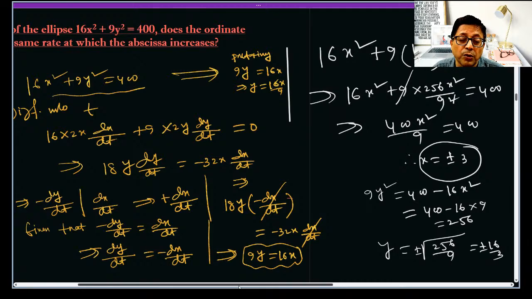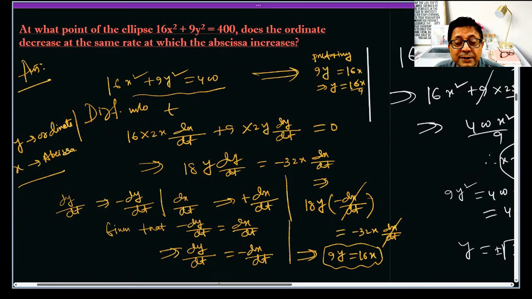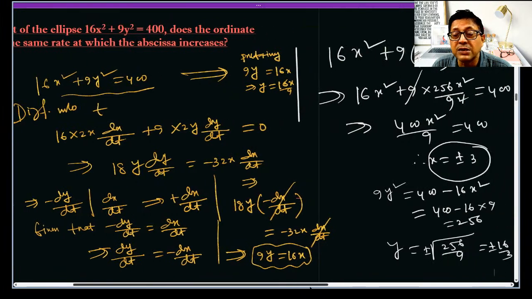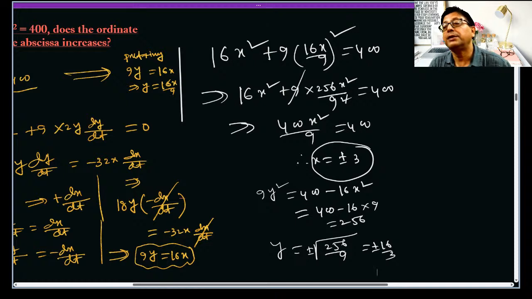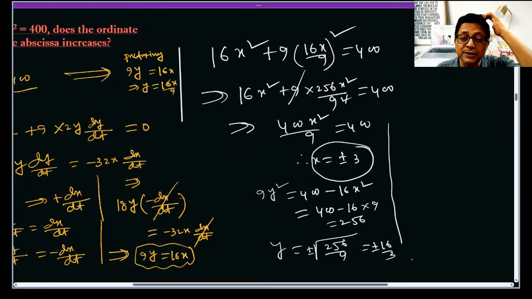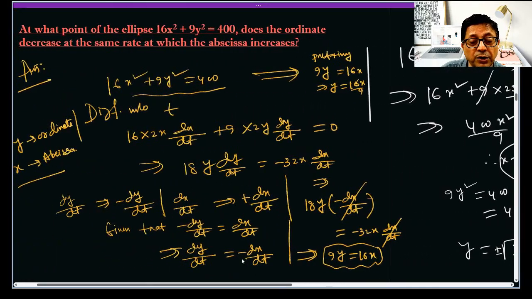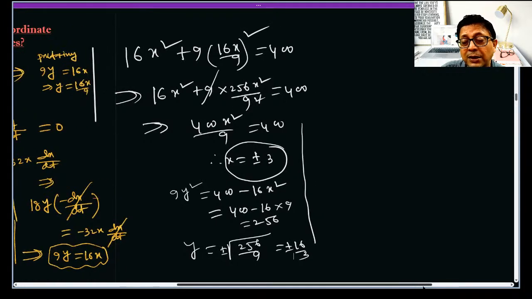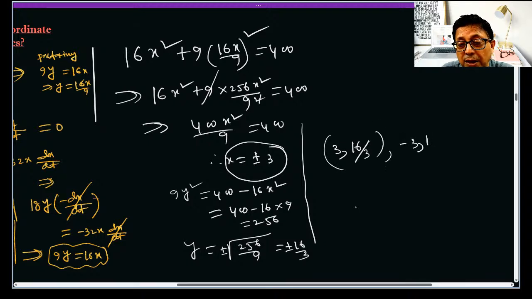So how many points did you get? When you are answering these descriptive questions, I have given this just to explain how to answer. If you leave your answer here, then you will lose marks, because 4 points are there. You have to write all those 4 points. Required points, where the rate of decrease of ordinate is equal to the rate of increase of abscissa, are these: 3, 16 by 3; minus 3, 16 by 3;